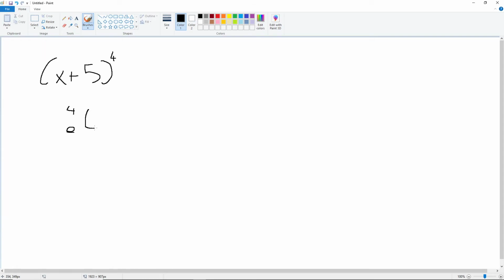Now the c, this is just a fraction, remember? Then x, which is the a, x is the a, and this is the b. x to the power of 4, 5 to the power of 0. Next is x, now we do c, 4, and now 1. Always the 1. 0, 1. Then x to the 3, 5 to the 1, plus c, 4, 1, x